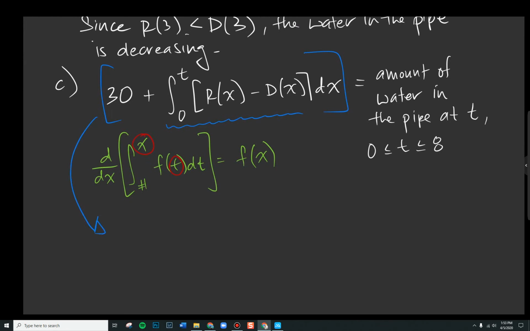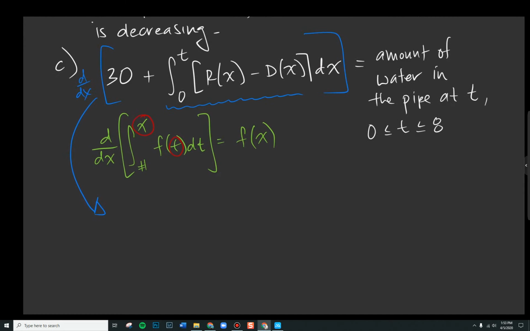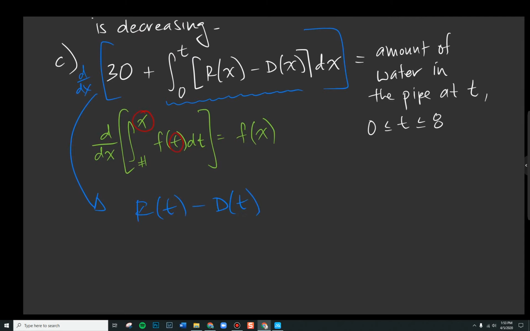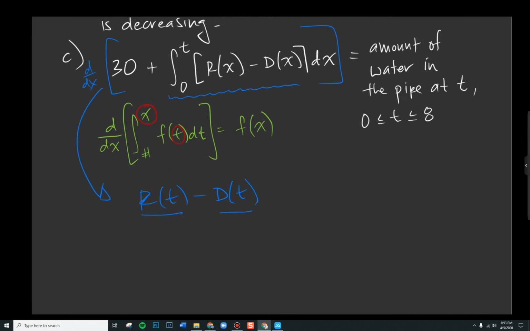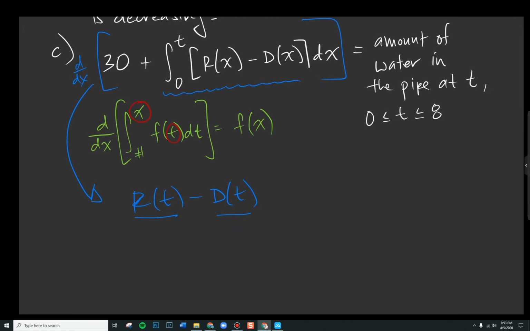if I take the derivative of this guy, I'm going to put a derivative modifier here. I've got 0 plus, and then the derivative of this using the fundamental theorem of calculus, we just get r of t minus d of t. Okay, and you notice the little play with the variables, because we ended up with r of t minus d of t, that's given to us in the equation here. Here's r of t, and then here's d of t. So hopefully you already had that set up in your calculator from the previous parts. If you set this equal to 0,